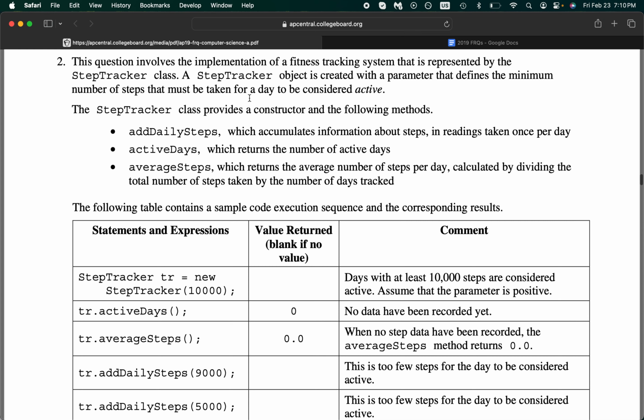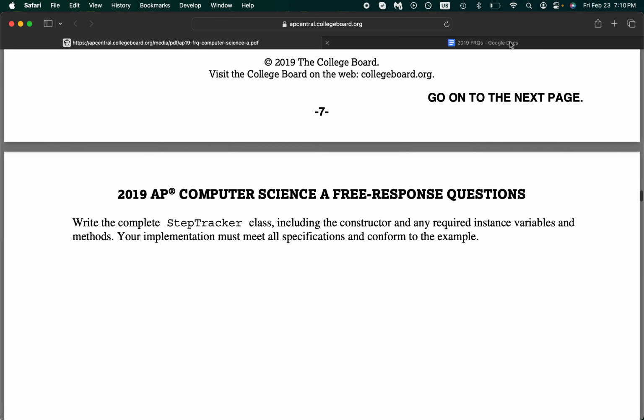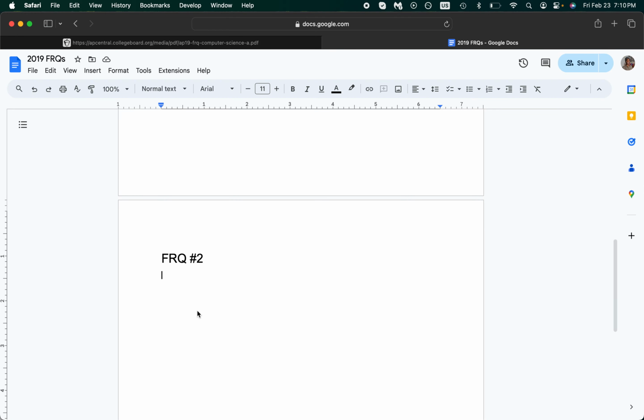the StepTracker class. All right, you can already tell if I scroll down, that's what I'm going to have to write. I'm going to have to create a StepTracker class. So I'm going to say public class StepTracker. And that, along with the constructor, is usually going to go ahead and give me my first couple points. Now, I know that class is going to consist of 3 major things. Instance variables,